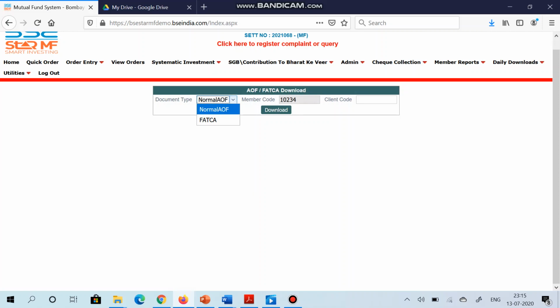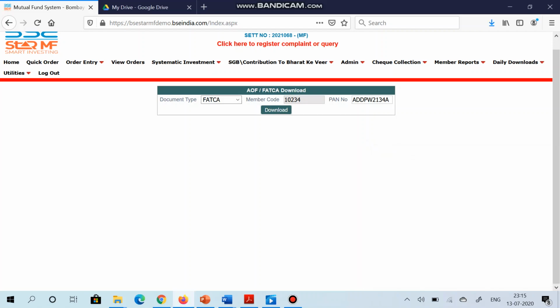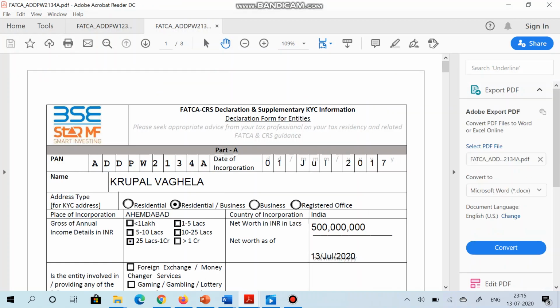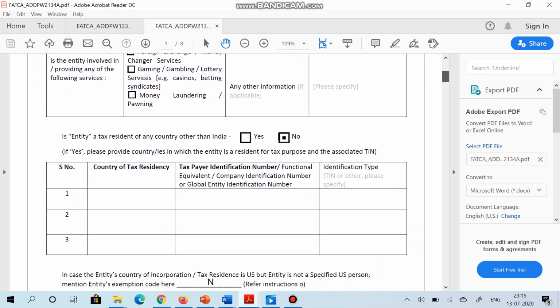You have to select the document type as FATCA, mention the PAN number and click on download. So as you can see, it's a pre-filled FATCA form downloaded in your system.